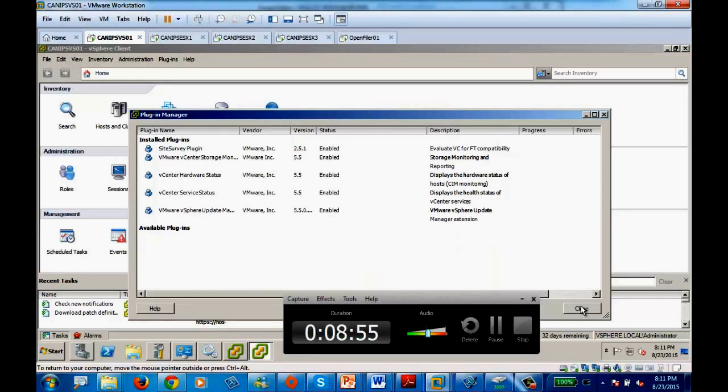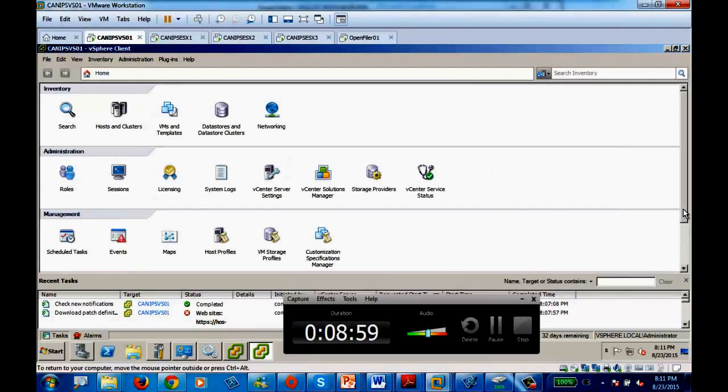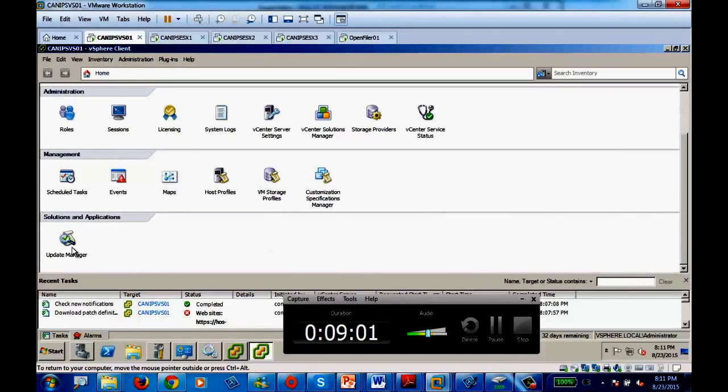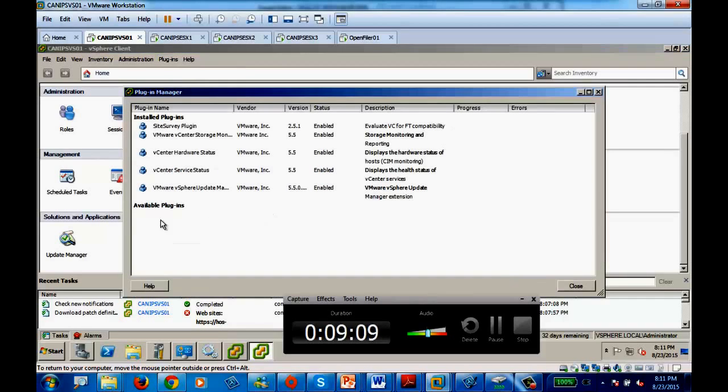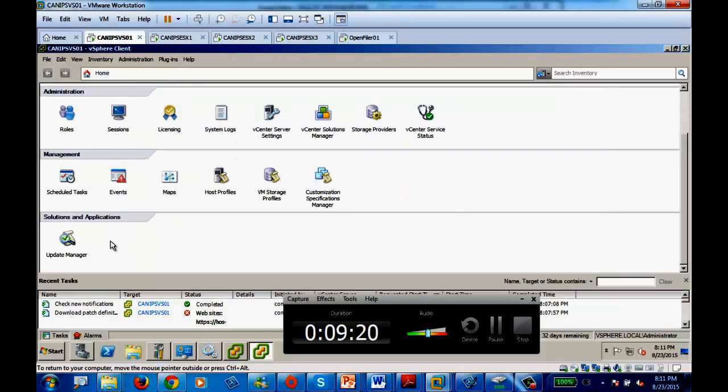You need to close Plugin Manager. Once you close Plugin Manager and go down on your home screen, you will see Update Manager right here. So again, go to plugin, and within manage plugin you will see VMware vSphere Update Manager. Right beside this, you will see download and install. Within download and install, it runs this package and installs the client on this one. And the next step is to